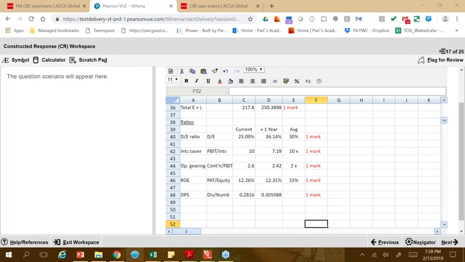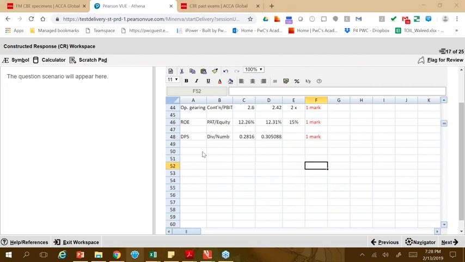Instead of DPS, can we calculate any other ratio? As long as it links into shareholders' wealth, which there is no other information really here. So for the shareholders' wealth, it's either the dividends or the share price. Now, quickly, 2 marks worth of comments here, and then we'll close.